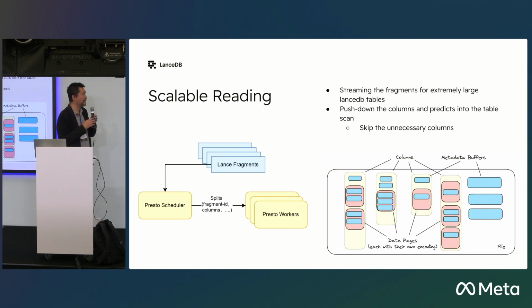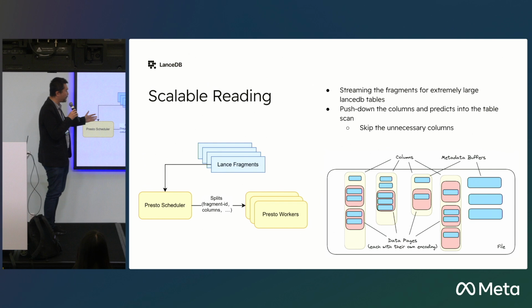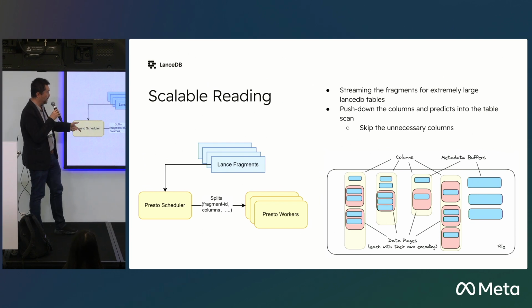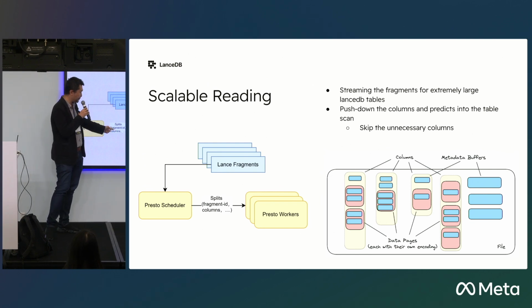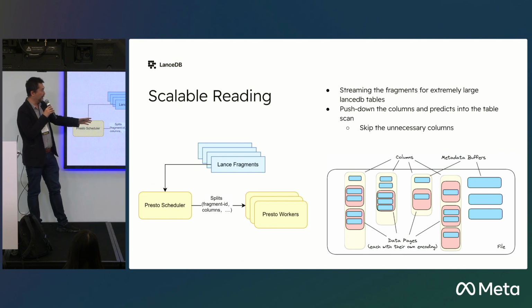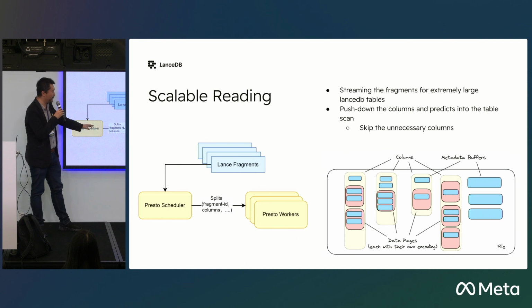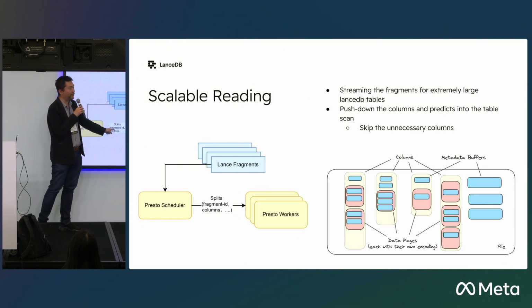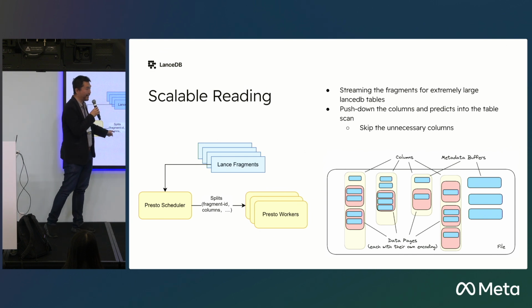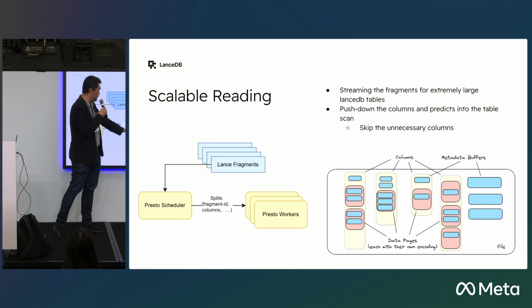Just as I mentioned, after we get the metadata from a dataset, we generate a split based on the fragment ID. In a Lance dataset, a fragment is more like a partition of a Parquet file, or maybe we can say a row group. A dataset may have several or maybe millions of fragments. Each fragment has a unique fragment ID. We use this to make a split. Here we also have the file path and the columns we want. We pass this into the workers.